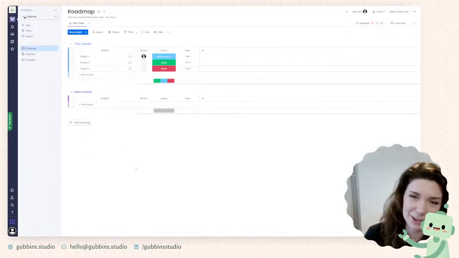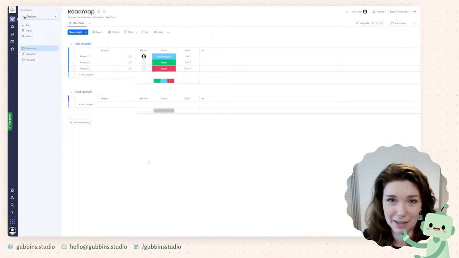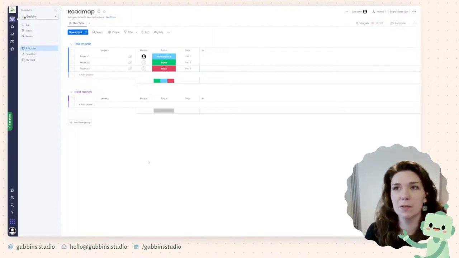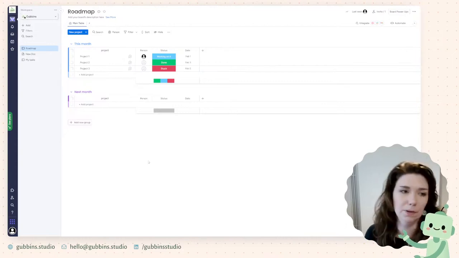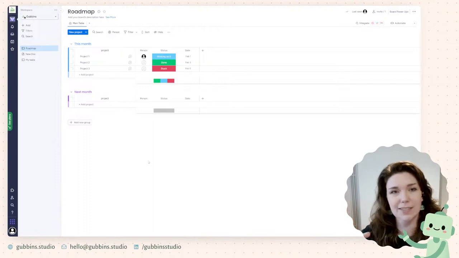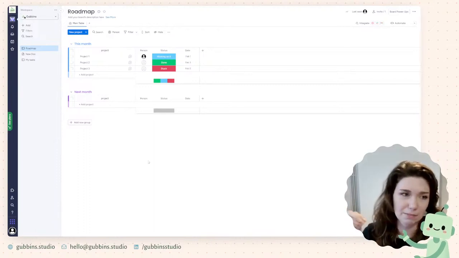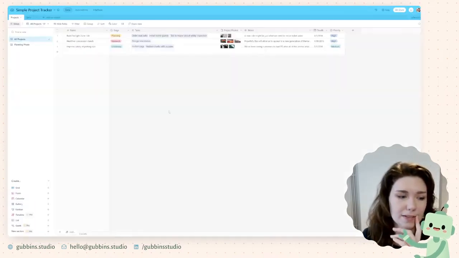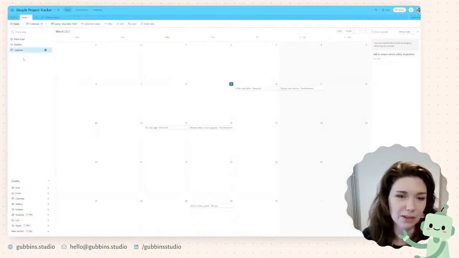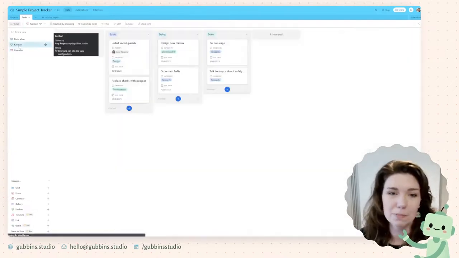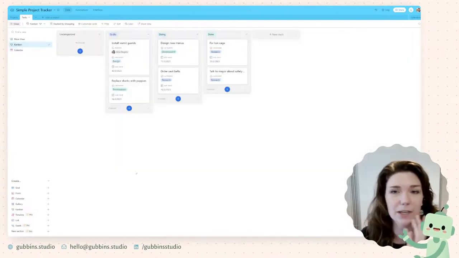Monday.com, I don't know enough about it, but I would say that this is a good middle of the road. If you want something that's a little bit more feature heavy than just drag and dropping cards, but you also don't want the level of complexity that ClickUp gives you, Monday.com is quite a nice middle road for that. Airtable is not strictly built for project management, but it works very nicely just for jumping in and getting started. It feels quite nice to use.